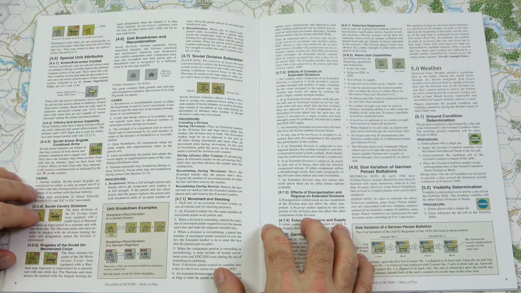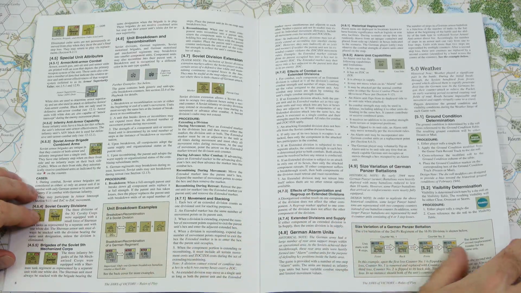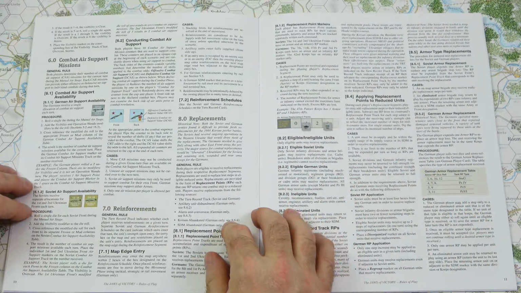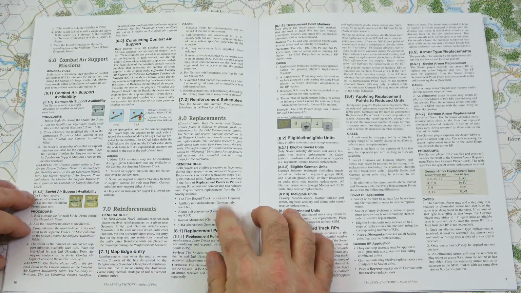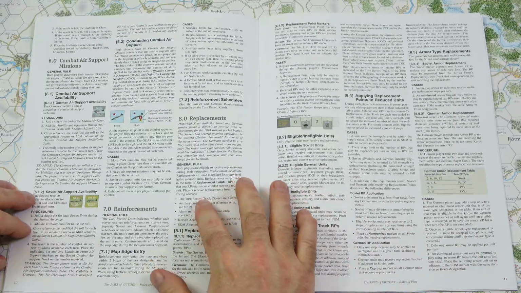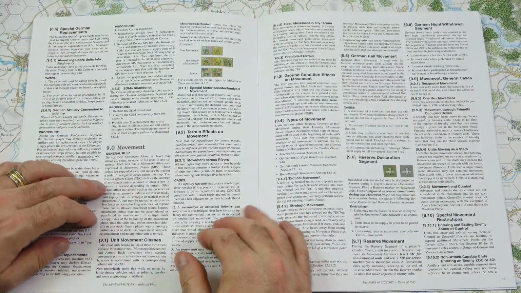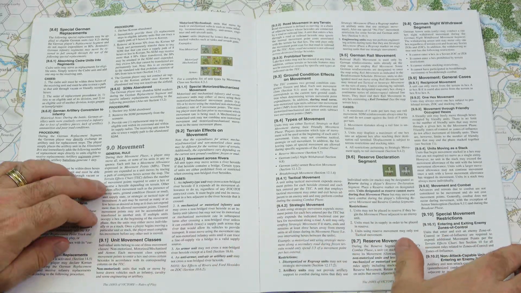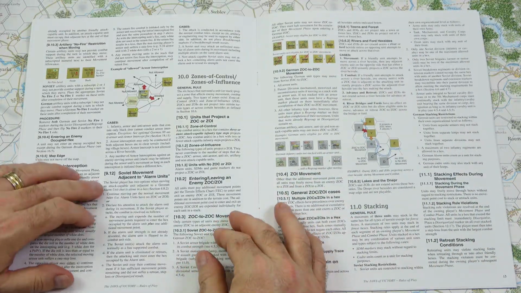Then you have the unit breakdown and recombination, Soviet division extension, and then we get into German alarm units. We have some illustrated examples here to support what is explained in the rules. We get into weather, combat air support missions, replacements, and it tells you the eligible, ineligible units, special German replacements, movement, the different types of movement and how those are handled, reserve declaration segment, armor interception, Soviet movement adjacent to